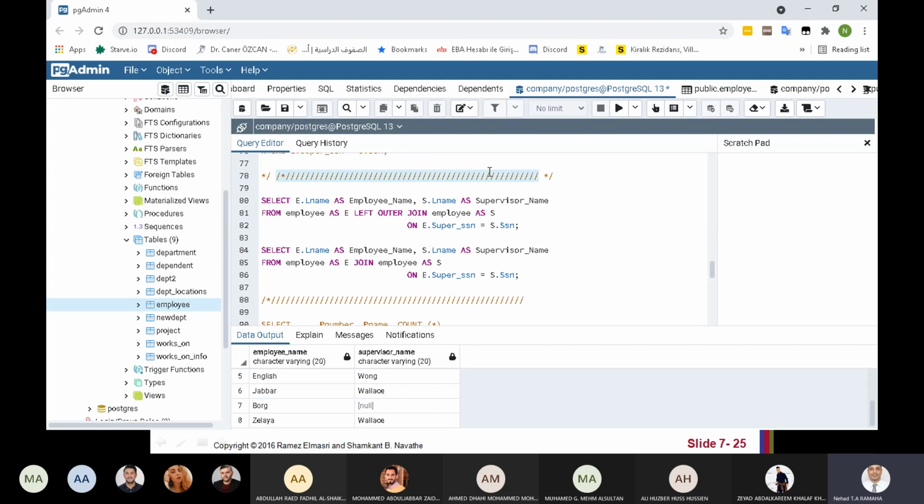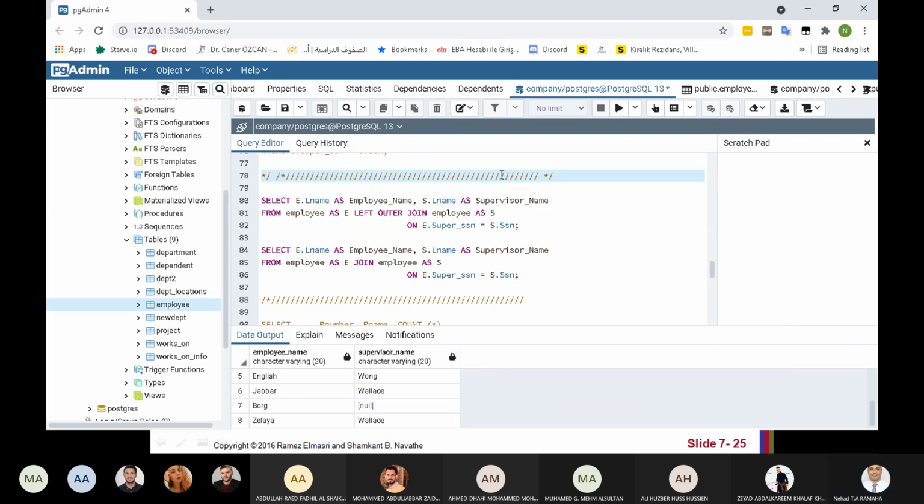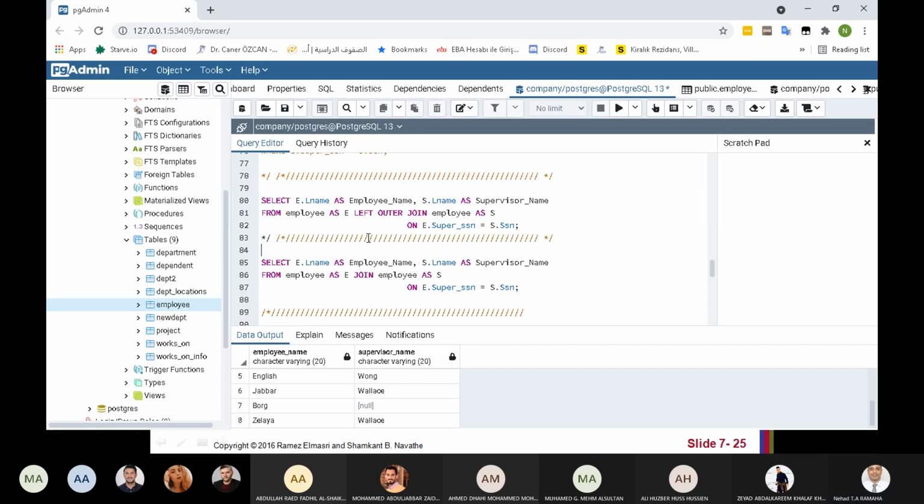Okay, so let me just close this one. Okay, same query here using left. This means all values from the left, and we fill null on the right if the value does not exist. Normal join or inner join like this.